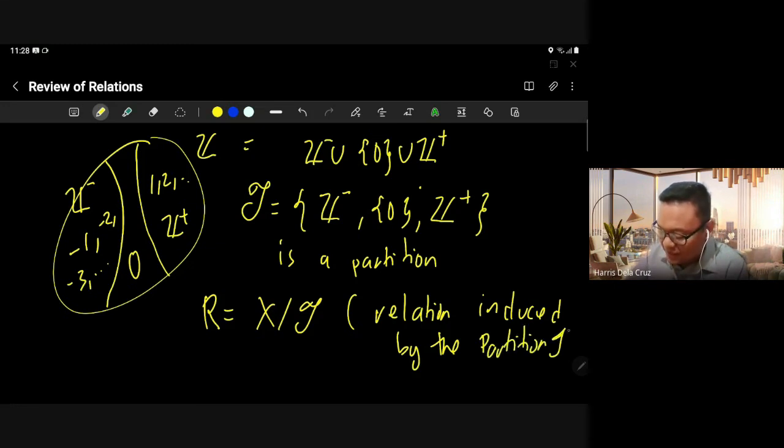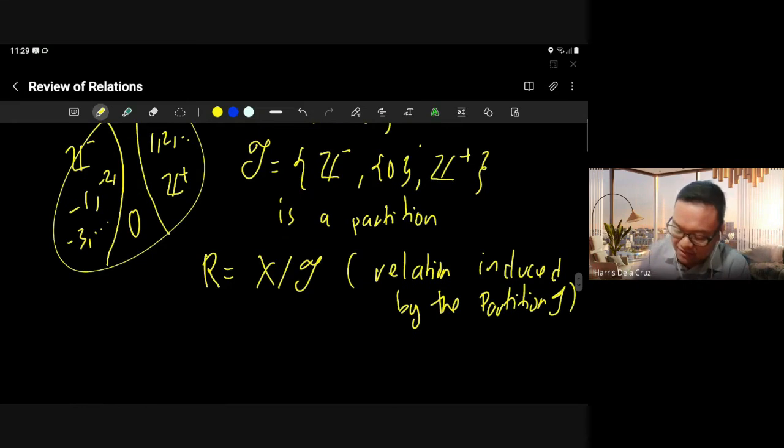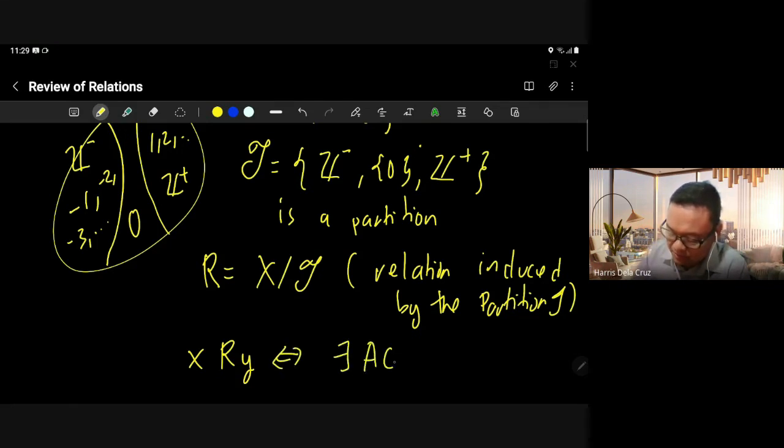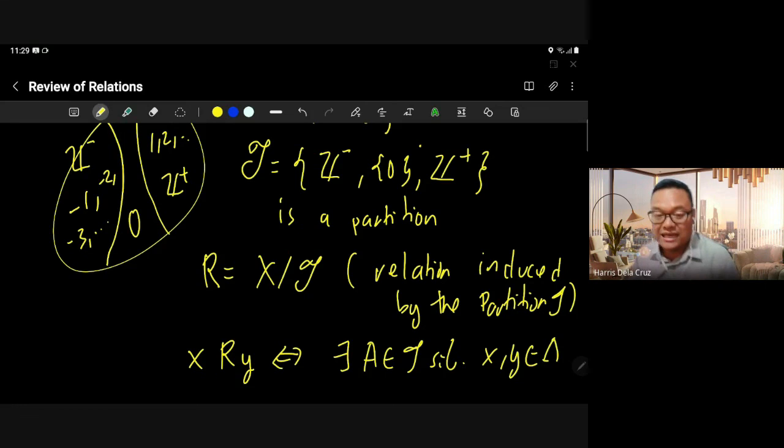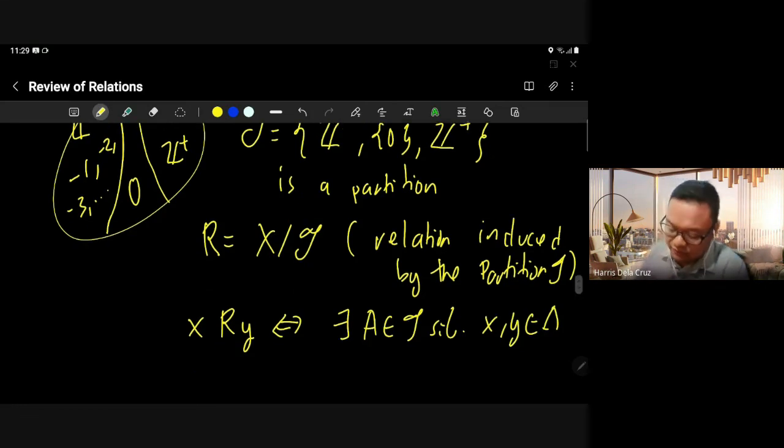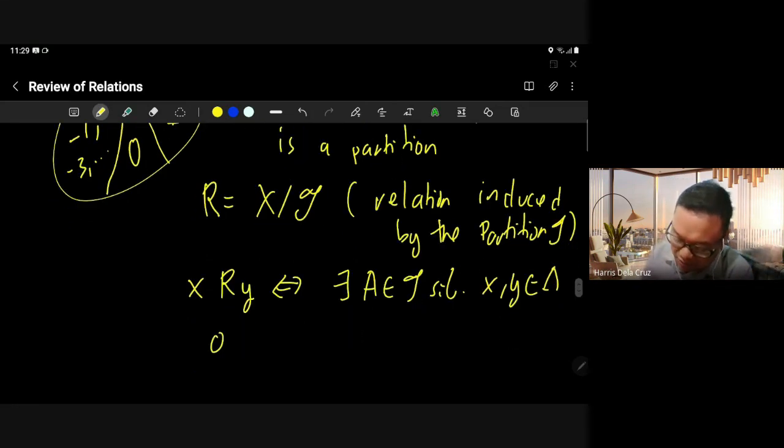Tapos, i-define lang natin yung relation X over T induced by T. So, paano natin i-define yan? So, ang X daw ay related kay Y if and only if there exists a set in the partition such that si X, Y both belong to the same set. So, magiging related lang sila if they belong to the same set. For example, ang 0 at ang 1